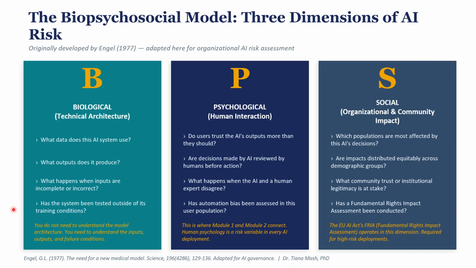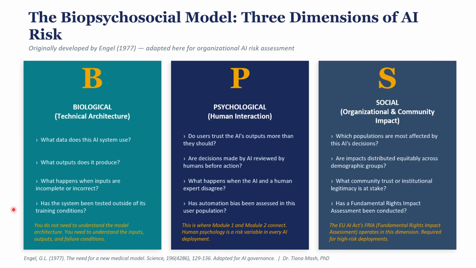Now, to help you imagine the dimension of S, think about a school board that uses an AI system, for example, to identify students at risk of dropping out. The S dimension assessment usually asks whether the impact is distributed equitably. Are we looking at this across the board? Are we looking at not just one demographic location, one particular race, one particular culture, one particular area?